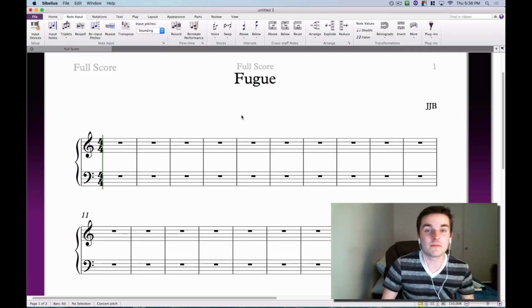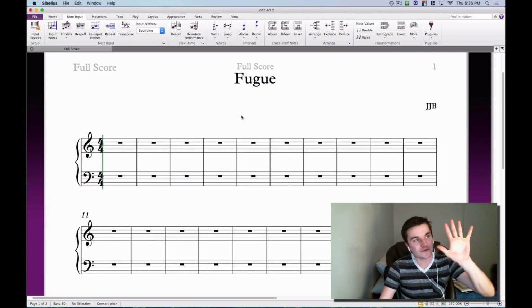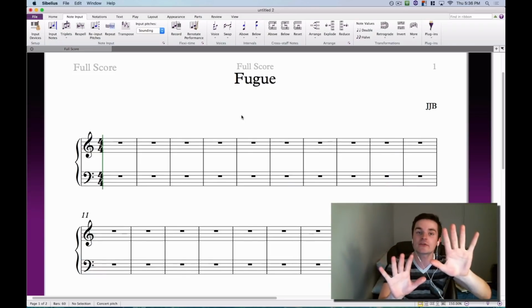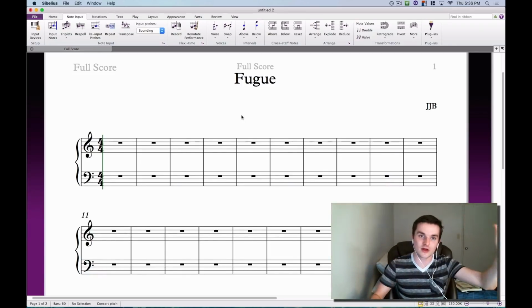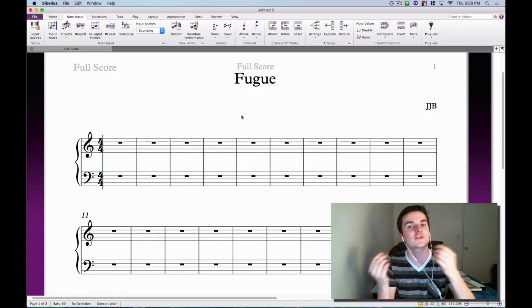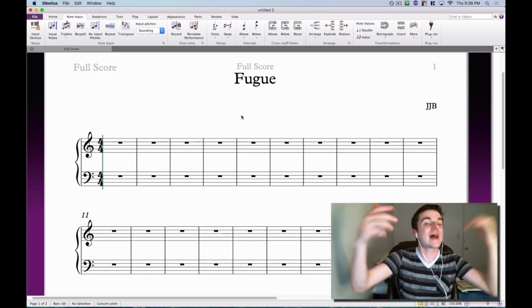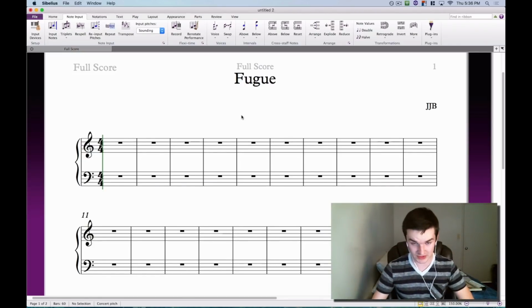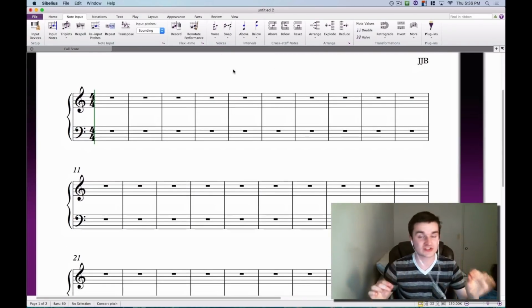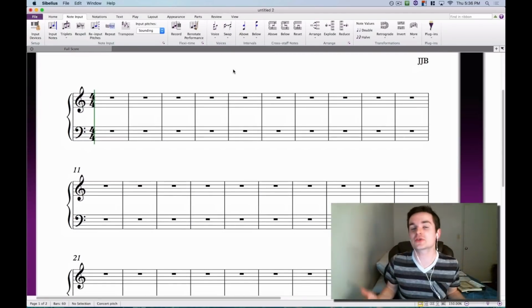And sometimes there's a modulatory bridge section. Usually the first subject and the second subject are pretty close to each other, right? Because it's easy to get from the tonic to dominant. But in order to get from dominant back to tonic, there's often a small little bridge. It just functions as a simple modulation to get you back to the home key so that your third subject can enter, okay? After you've presented your subject, and sometimes you have a counter subject,